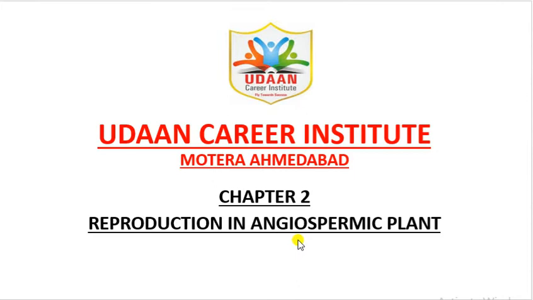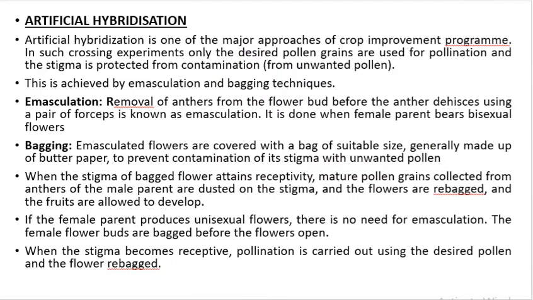In today's class, we will be continuing with chapter 2, that is reproduction in angiospermic plants. So, students, in the last class, we have completed pollen pistil interaction. In today's class, we will start with artificial hybridization. Now, the name itself suggests that artificially we are going to carry out the process of fertilization in this particular topic. So, here, the natural process of fertilization will not take place, and we will carry out an artificial mode